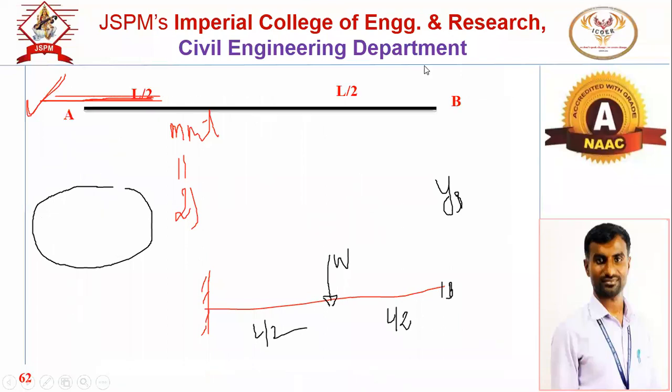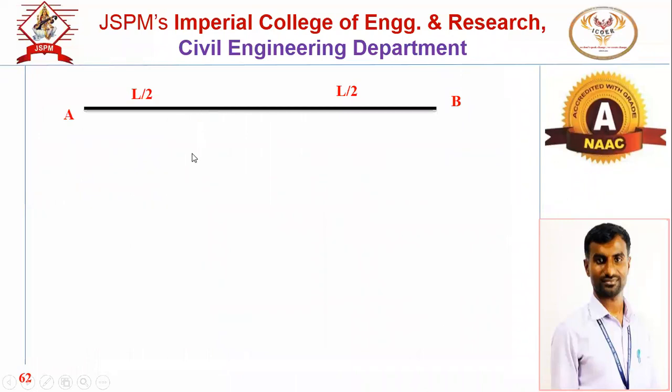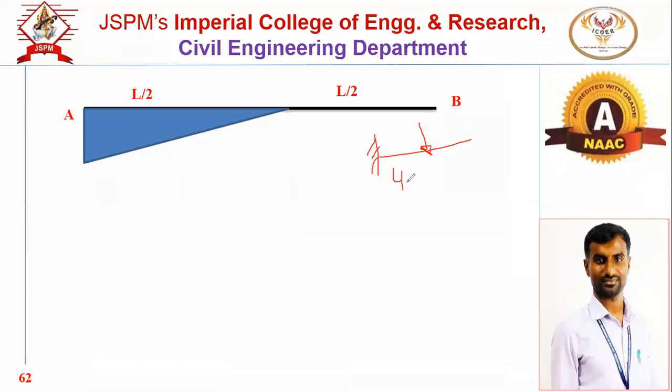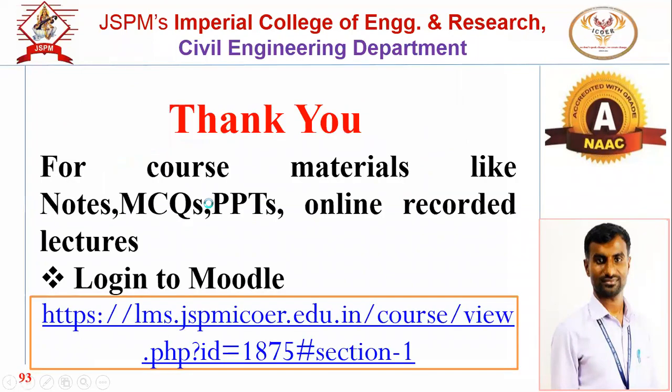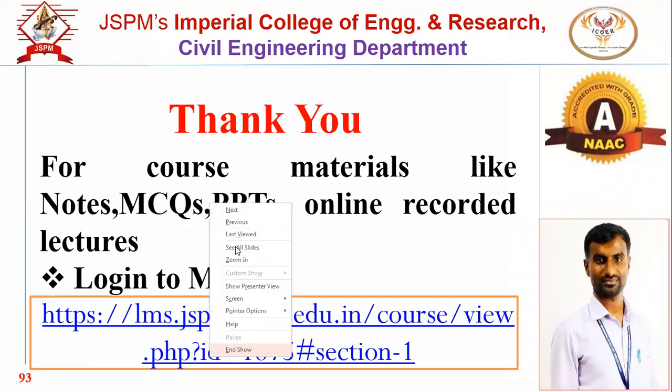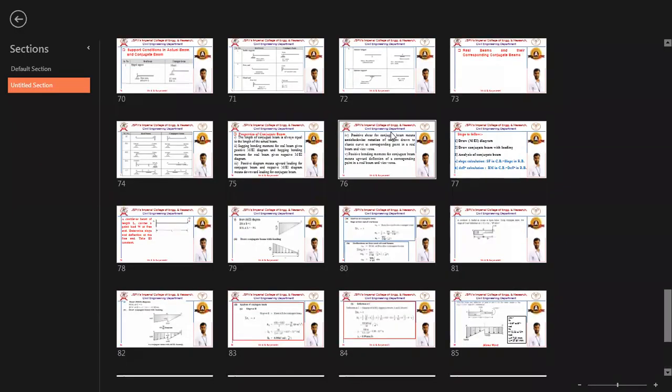Okay. Now here, the beam is cantilever. The beam is cantilever having point load at midspan. See, point load at midspan. This will be L by 2. So the M by EI diagram will be like this. M by EI diagram will be a triangle like this. And the moment at free end, sorry, moment at fixed end. Moment at fixed end will be what? W into L. Moment at fixed end will be W into L.